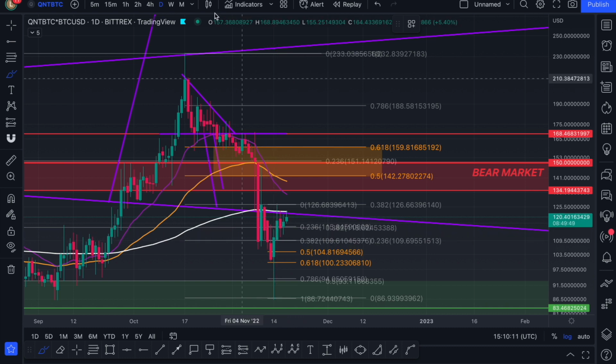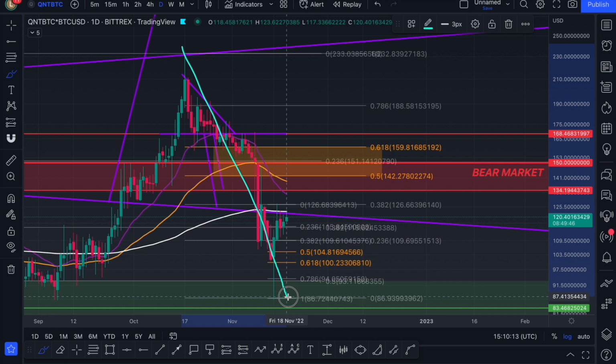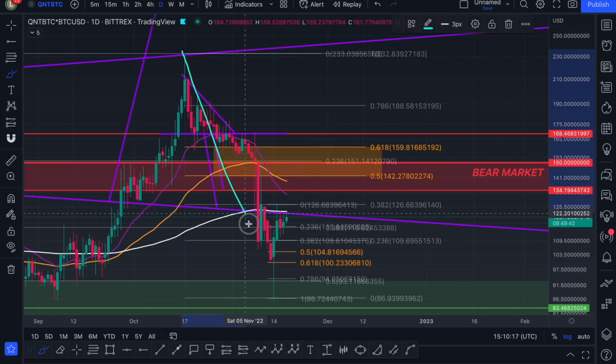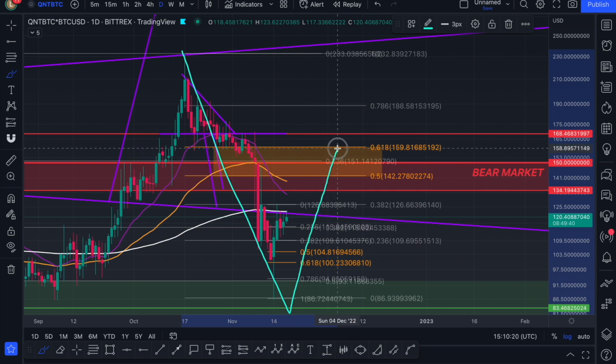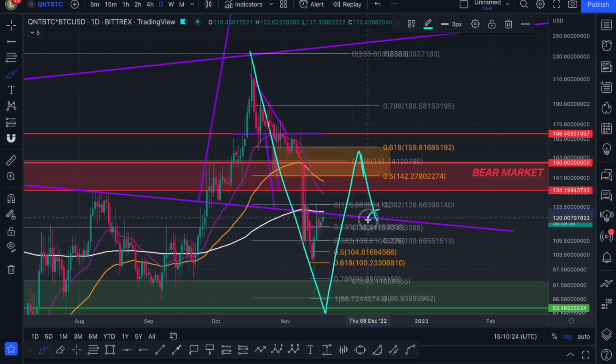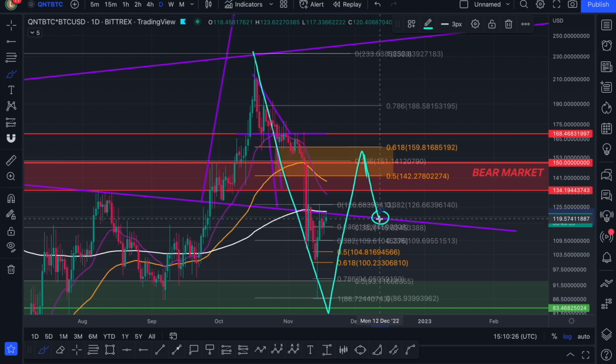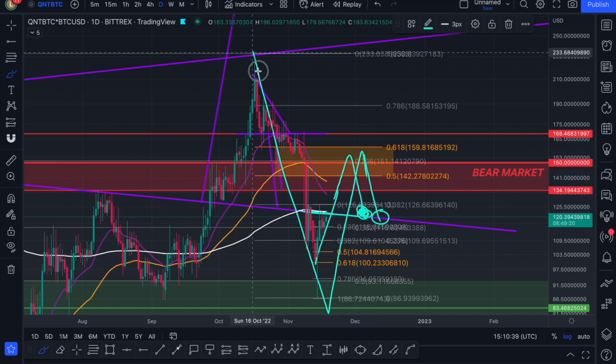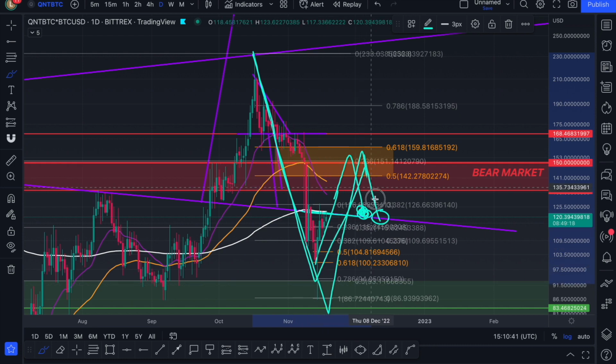But for me personally, because we have such a big push down, it's not expected to just reclaim it with such ease. So if you were to actually go all the way up there, you're going to first run into this. So you need to get rejected. You need to pray that we reclaim this $120 support. There's a high chance that you could do that, because if you are actually to break above this, you're going through it, so it's no longer holding as resistance. If we ever come back to it, it should be support, but we need to see if it will, because this is such a big dump down. You just retrace to continue.